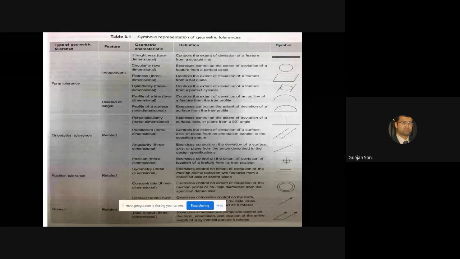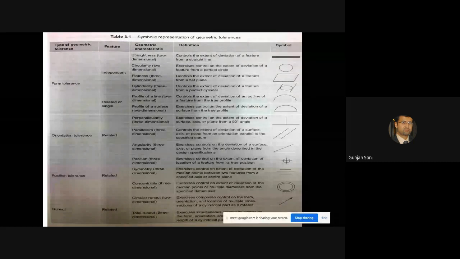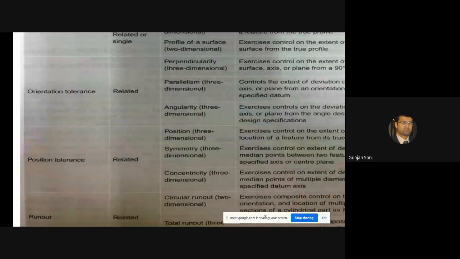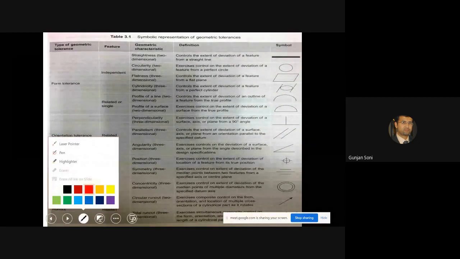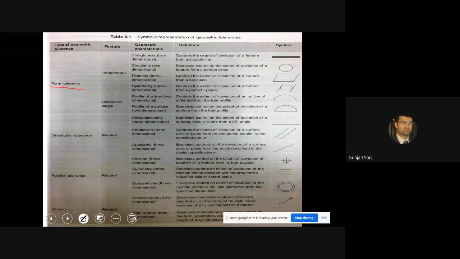So what you see over here are various forms of geometric tolerances. The first one is form tolerance. In form tolerance, we talk about straightness, circularity, flatness, and cylindricity. So we probably do not think about it. So cylindricity